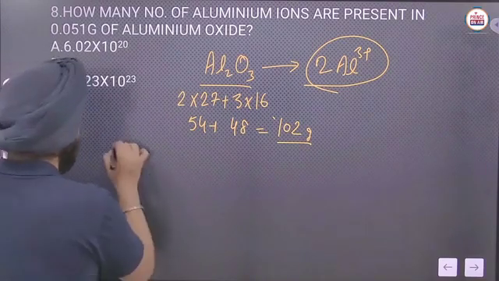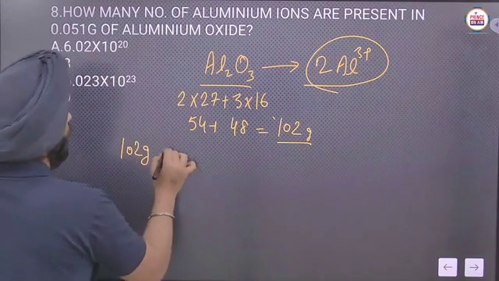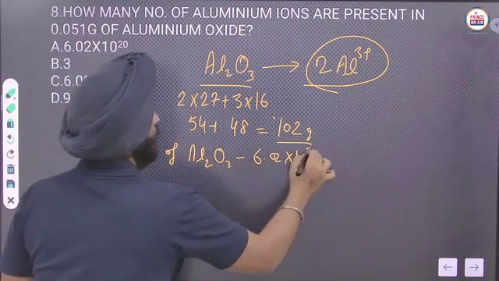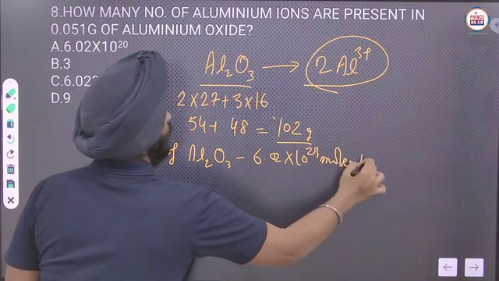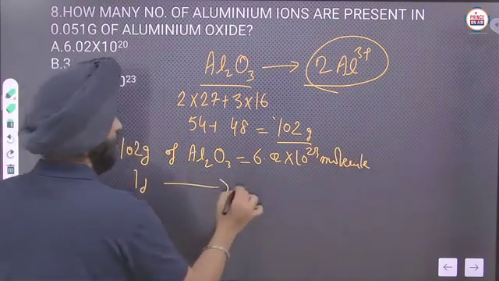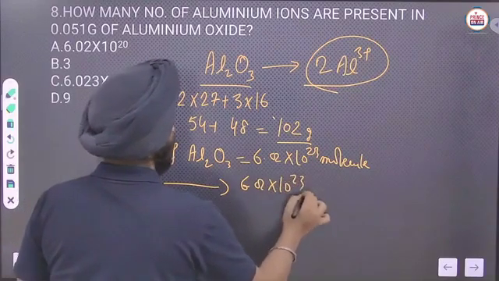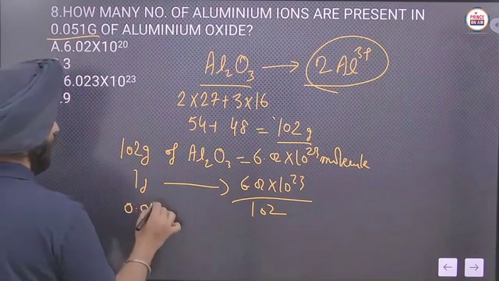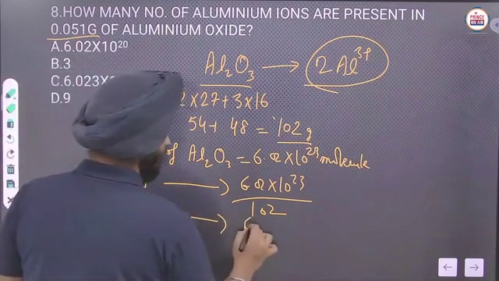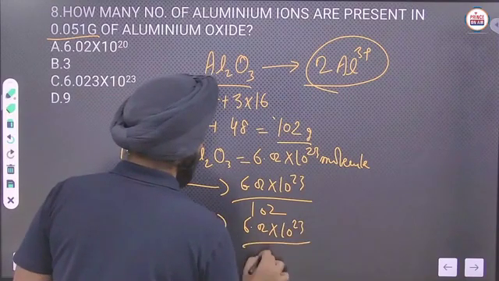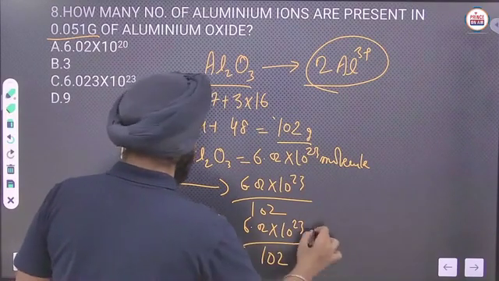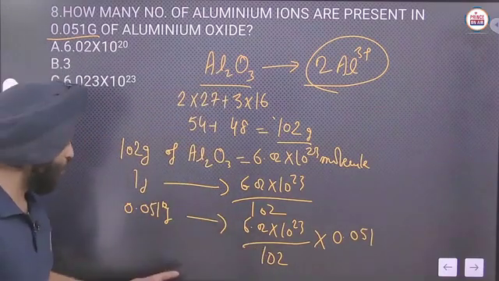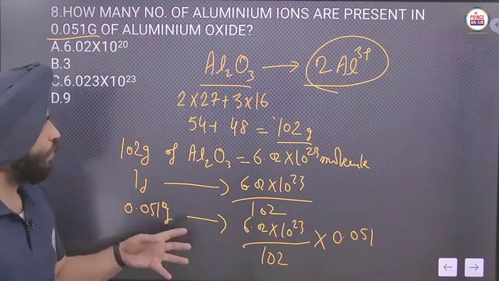So 102 gram of Al2O3 will contain 6.02 into 10 raised to power 23 molecules of Al2O3. How much amount is given to you? 6.02 into 10 raised to power 23 upon 102 into 0.051. Just solve this value, and through that you will get the number of molecules of